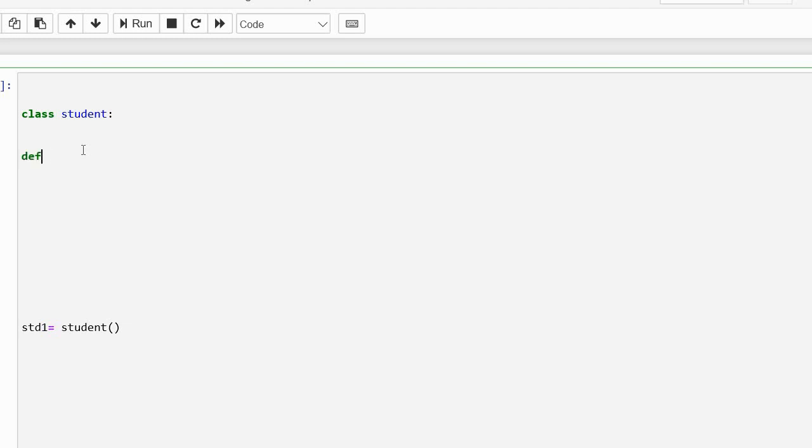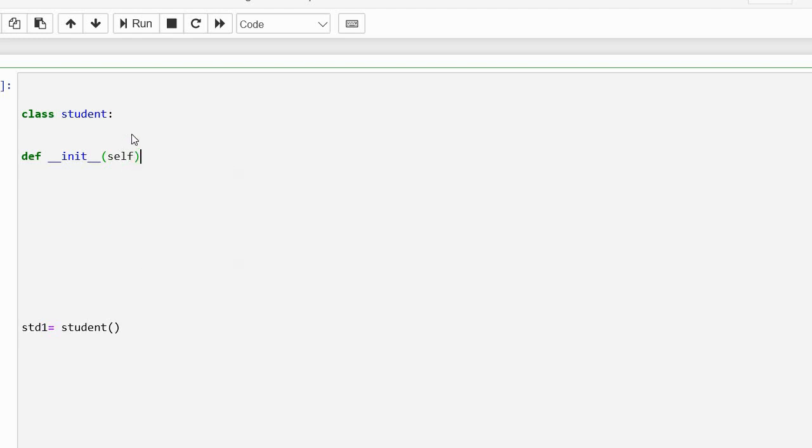For example, the method is defined as usual with def and the name of the constructor, underscore underscore init, then underscore underscore. Then inside the method you can pass variables. By default, one defined variable like self you must give.